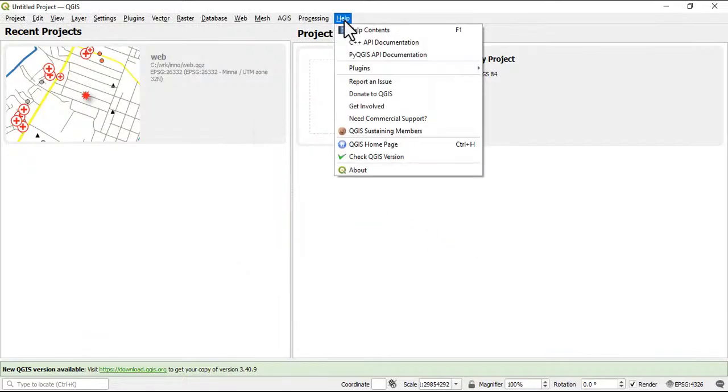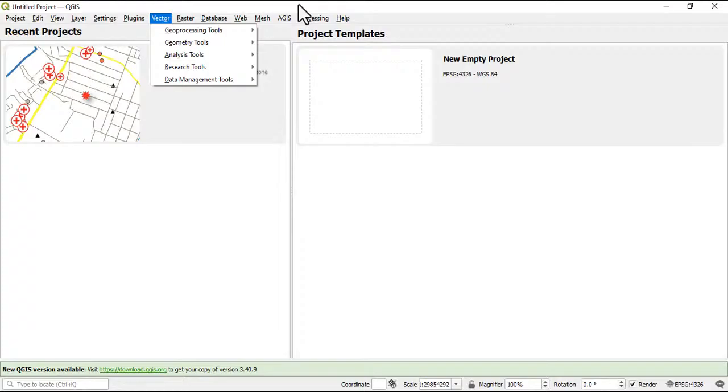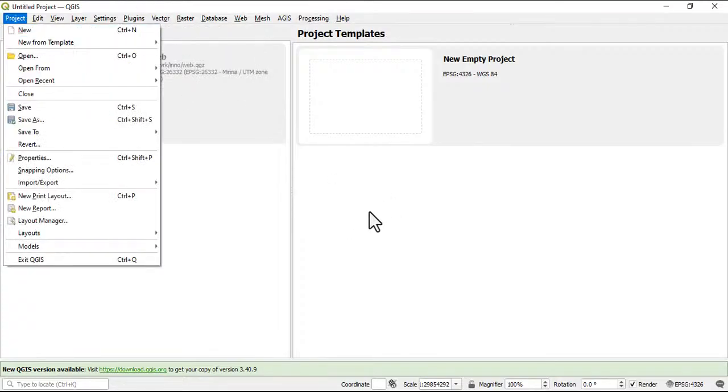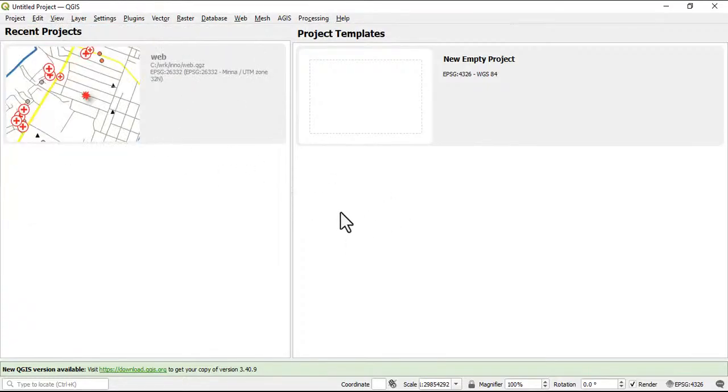So anytime you're looking for anything such as the API documentation, the Python API documentation, the plugins and all of that, you go to Help, which you're seeing here. I had already closed down most of everything so that we will bring them out together. Now I will be starting with, what if you want to bring out your